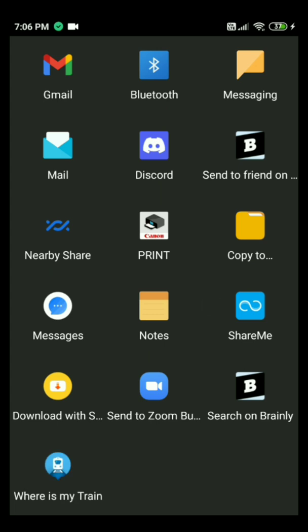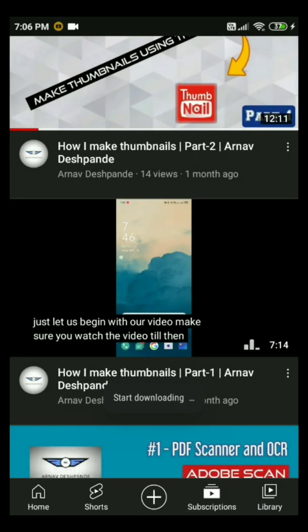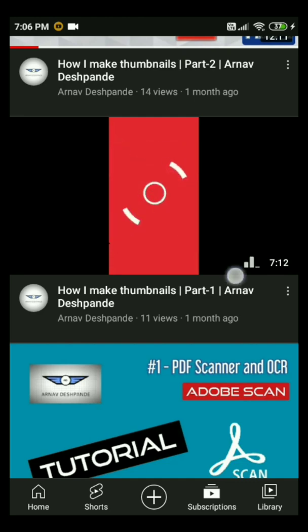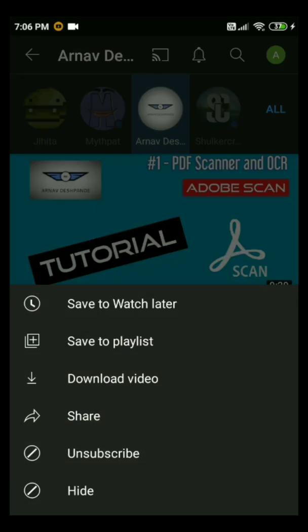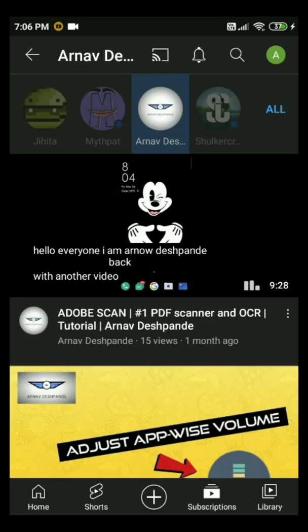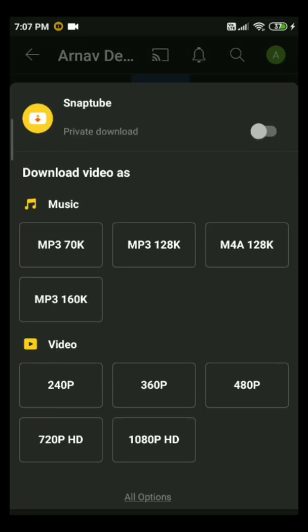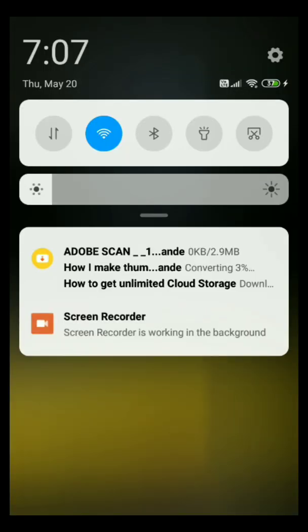So there is one more thing. I'll download this also. Okay, so I'll be downloading it as audio. As you can see here in the notification, both the downloads are starting, and I recommend that while downloading the audio files you also use this, but select the lyrical version of the audio files.